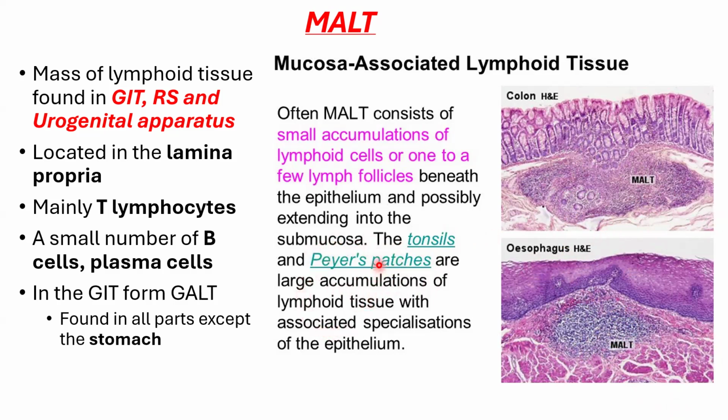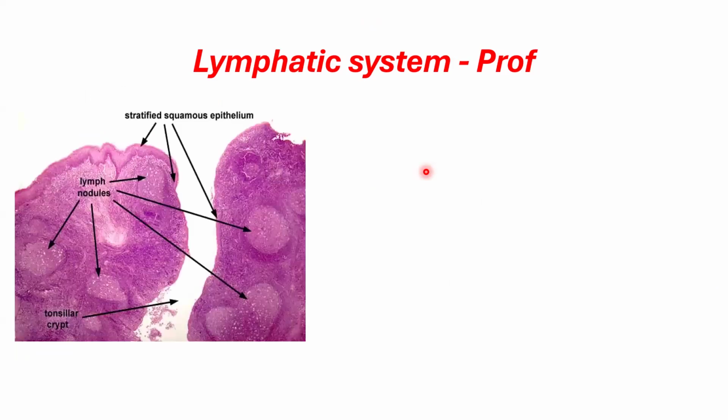The ileum itself will contain the Peyer's patches. Then the tonsils will contain lymphoid tissues, lymphoid nodules, and remember, MALT consists of small accumulations of lymphoid cells or a few lymph follicles, as we'll see. And that takes us now to